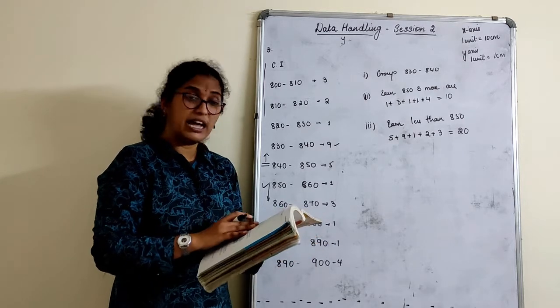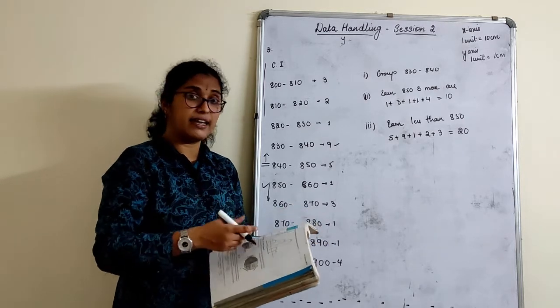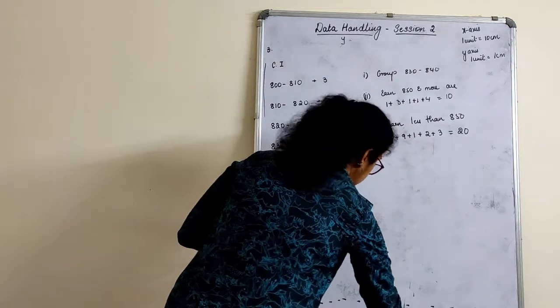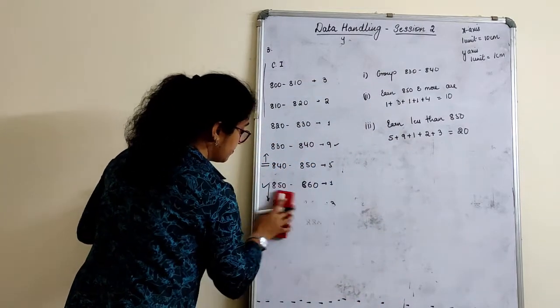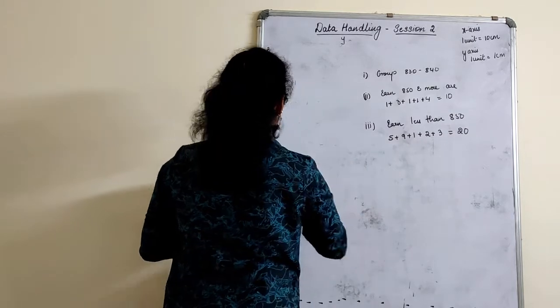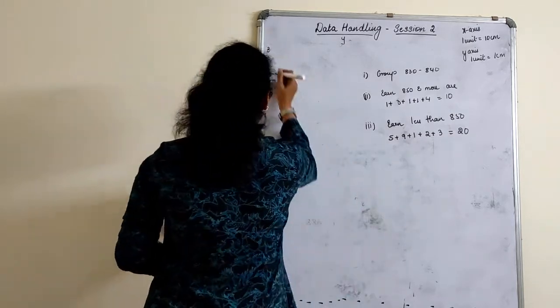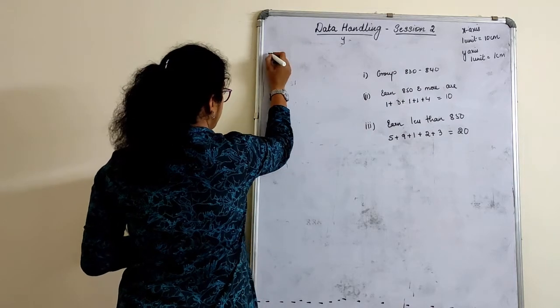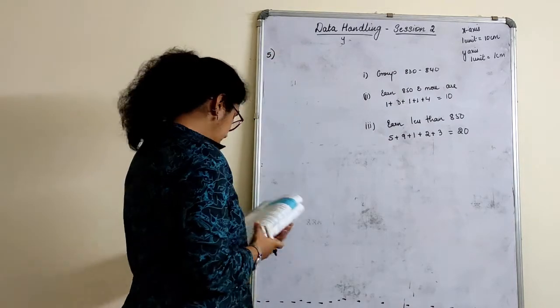You can just have this figure in the graph book and analyze it and do it. Let me erase this part. I will not draw it again because it is given in your book. We can refer that only. Fourth one is over. The same figure we used for the fourth one. Fifth one.